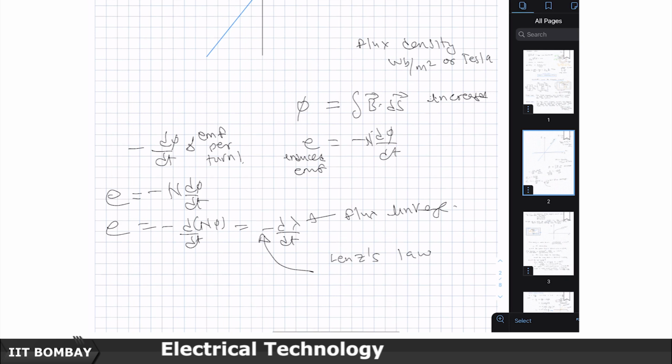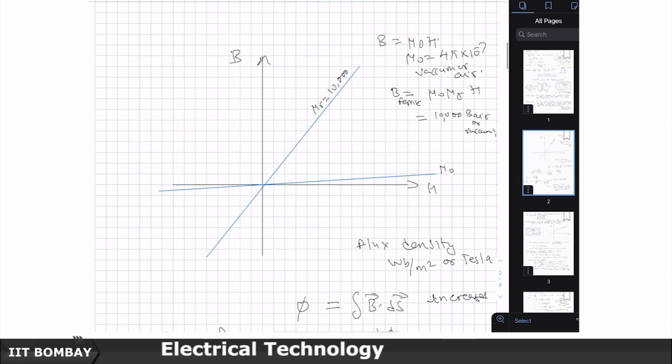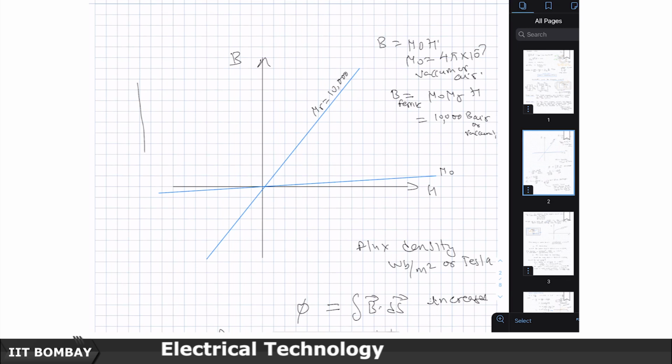which says that the induced EMF will be such as to oppose the rate of change. So, for example, just to give you an example, let us say that I had a